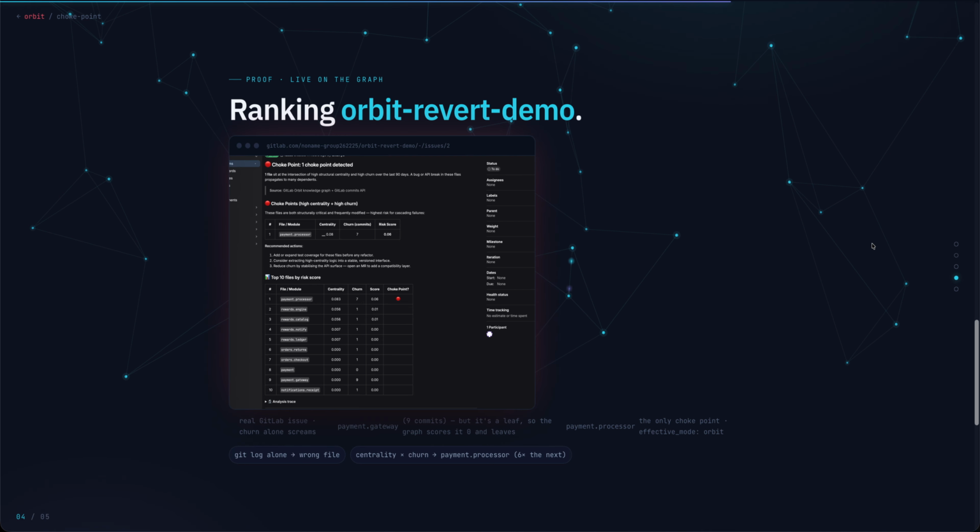It pinpoints the exact file where a bug will travel the farthest and where your team keeps actively editing and introducing risk. It finds the true choke point of your code base, so you can find the file